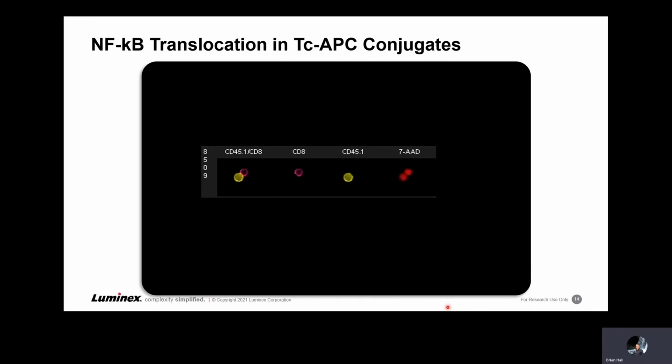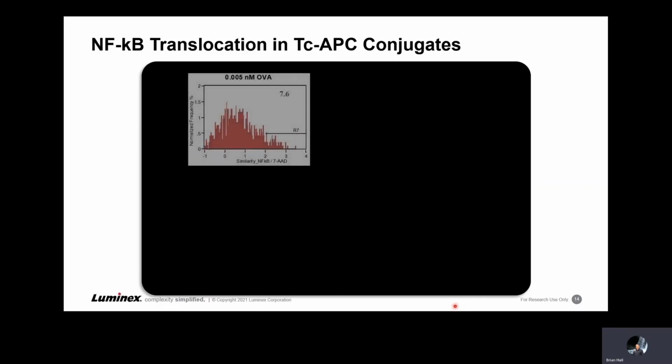For this particular experiment, what we want to do is use a mask to identify the antigen presenting cell and the 7-AAD fluorescence. We can then take the APC mask and subtract it from the nuclear mask and identify the nucleus of just the T cell. So this is the 7-AAD and not CD45 mask. I can then use that mask and calculate what we call similarity. What similarity does is look at how much of that fluorescence is inside the nucleus versus inside the